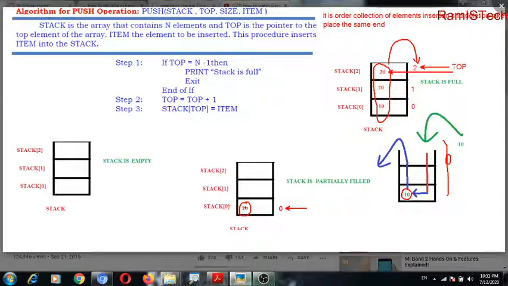Pointing to this position is called top. Now in this example, what is top? There is no element in the array, so we can say the top is null.